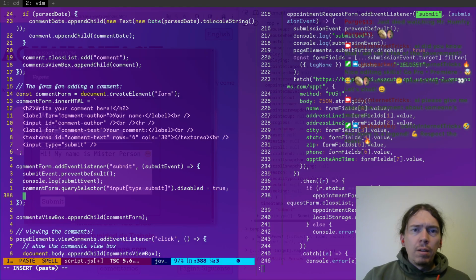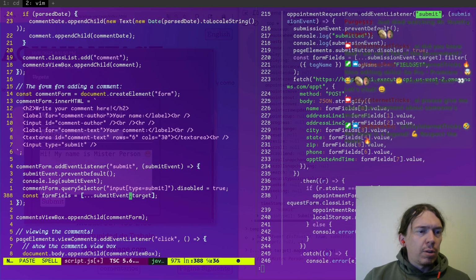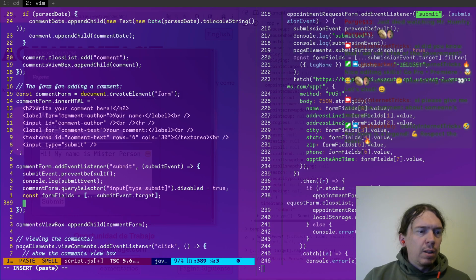Okay. Then I'm going to say form fields equals submit event target. I don't think I'm going to bother to filter this time.